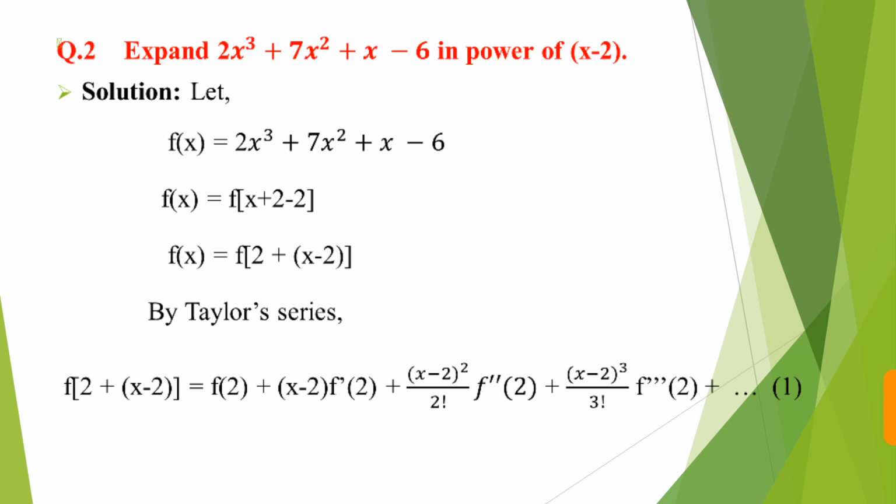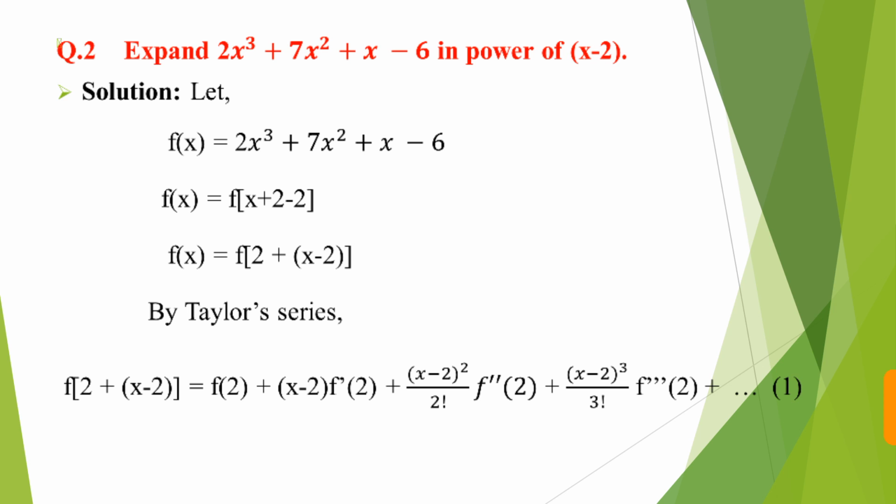So we can deduce this function f of x is equal to f of x plus 2 minus 2, and this can be written as f of x is equal to f of 2 plus x minus 2, and this can be expanded in ascending powers of x minus 2 according to deduction of Taylor's series, and therefore